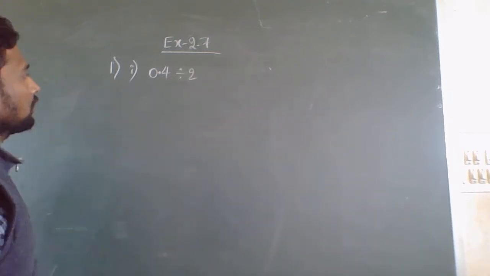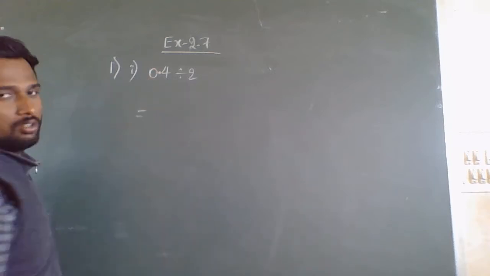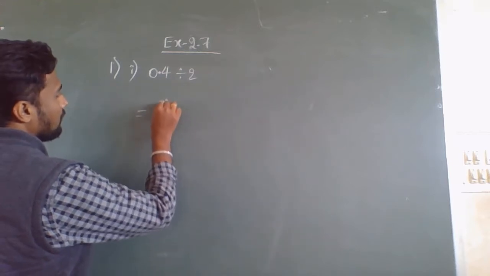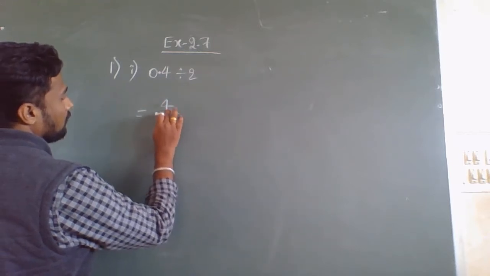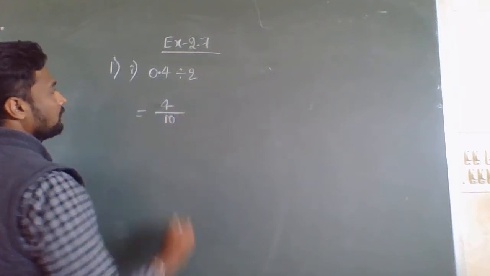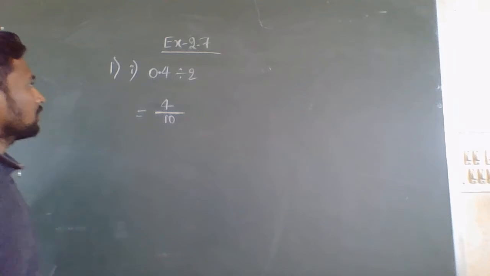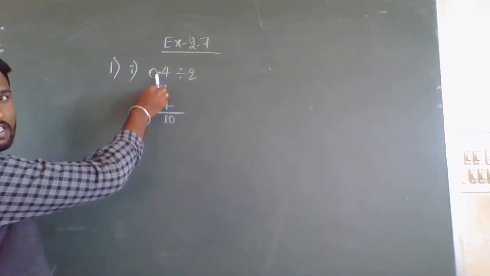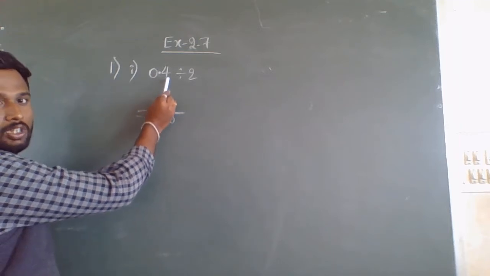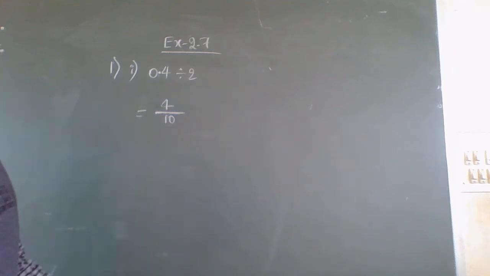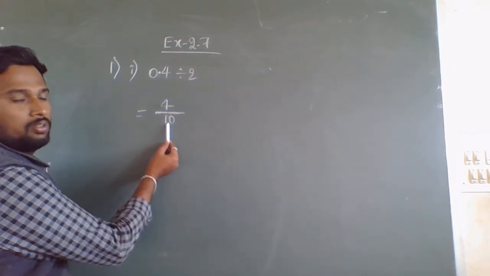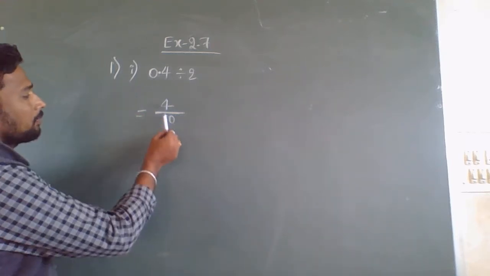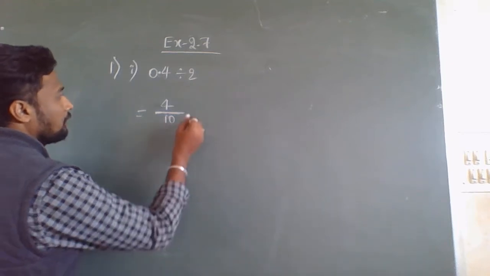So now we will convert this 0.4 to fractional number. How? You can see here, I can write this 0.4 as 4 divided by 10. Okay? How to write this 0.4 as 4 by 10 means, you can see here, after this decimal point only one digit is there. So here I will consider the number with only one zero. So 4 divided by 10, I can write like this.